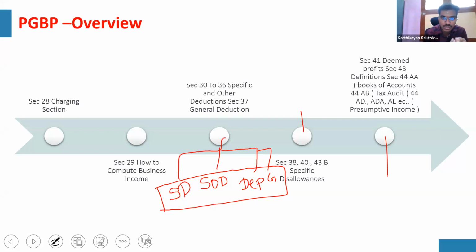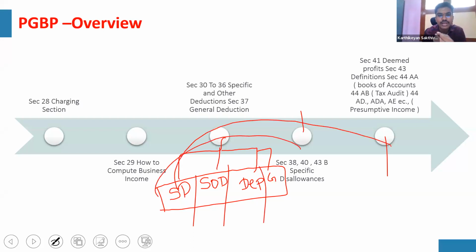That is just for the purpose of learning, but for the purposes of examination, anything can be twisted and combined with any other thing. The first bucket can be combined with the second, third or fourth. So you can create literally n number of questions from the area of PGBP, because if you change just one word, the entire answer will change. That is the beauty of the subject. The beauty of the chapter of PGBP is primarily because of this uncertain nature of the chapter.